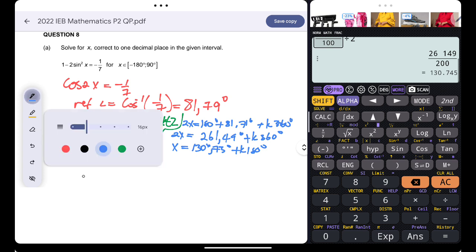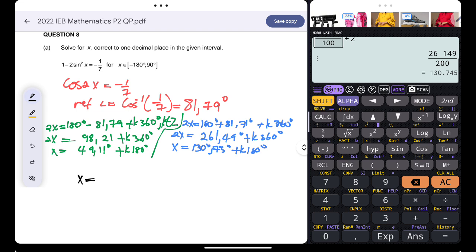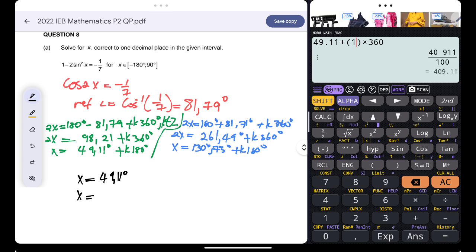And then simply say x is equal to, let's take the first general solution, I have 49.11 plus k 180. K represents any integer. When I substitute 0 there in space of k, I'll get 49.11, which is within the restriction. Another x value, whenever I substitute 1,